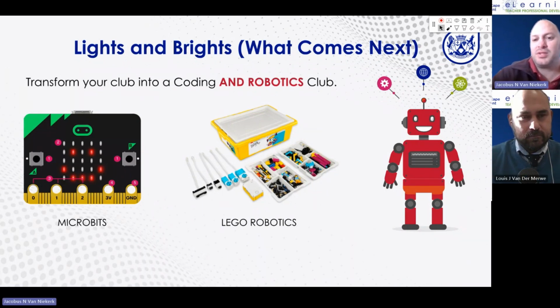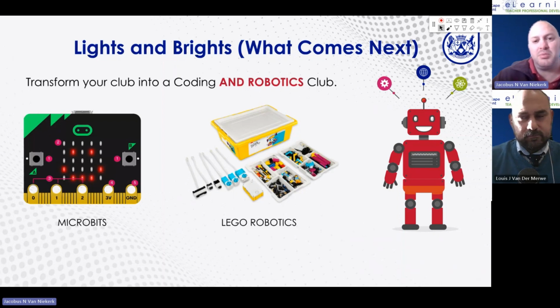And I think one of the things that excited me about the Lego robotics when I've seen it is, as Louis pointed out, it gives a purpose to the coding club. It gives a direction to what we're doing. It's the same as if you equate it to a sports club. If you're going to continually practice rugby without ever playing a match, kids are going to get disinterested. People are going to fall away. They're not going to continue with this thing necessarily. If you give it a purpose, then it becomes great.